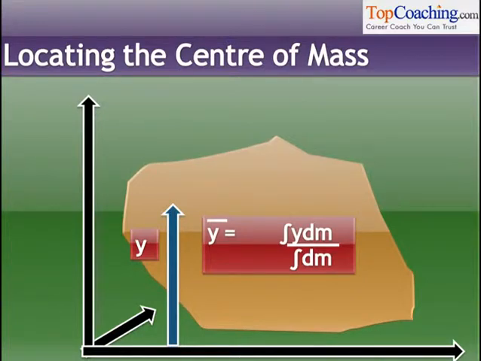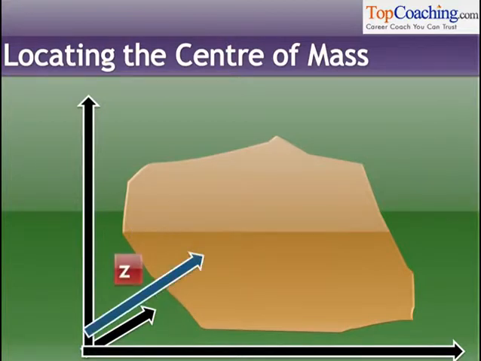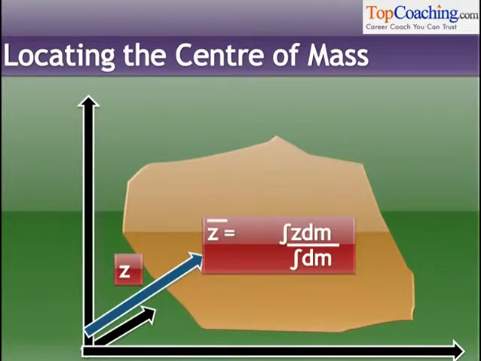So basically, these are the average x, y and z values with respect to the mass of the body. Understood? The mass concentration keeps on varying throughout the body, isn't it? But the average z coordinate with respect to the mass of the body is again integral z dm divided by integral dm. So these are three very important expressions to calculate the x, y and z coordinates of the center of mass of any body on this earth. Understood? So you must remember these expressions.